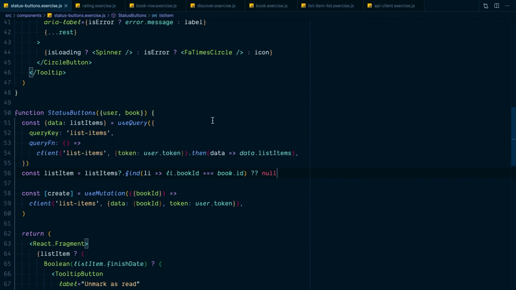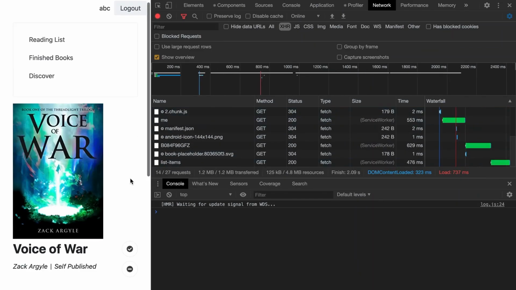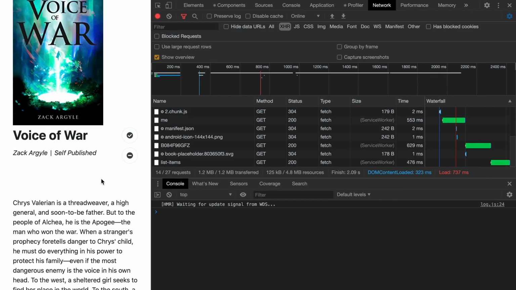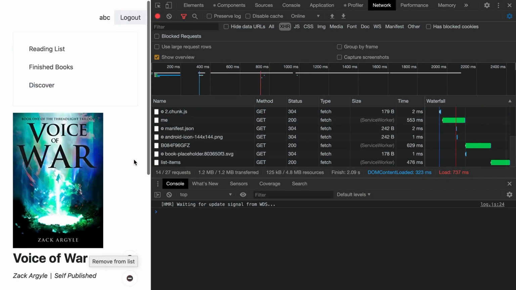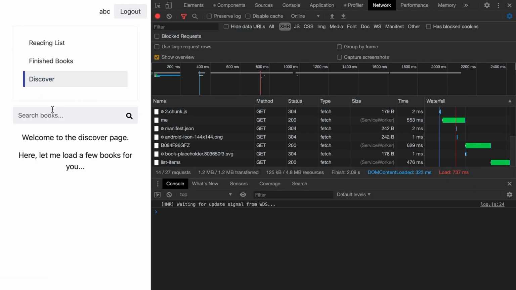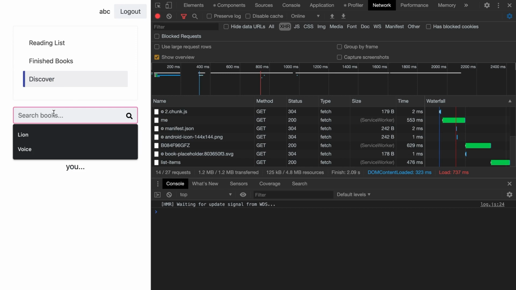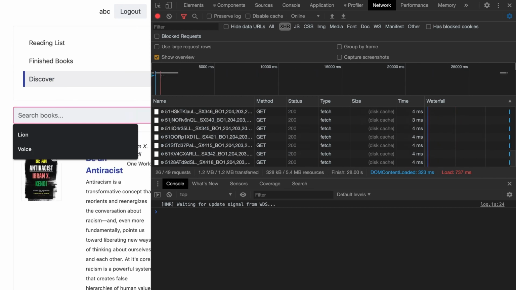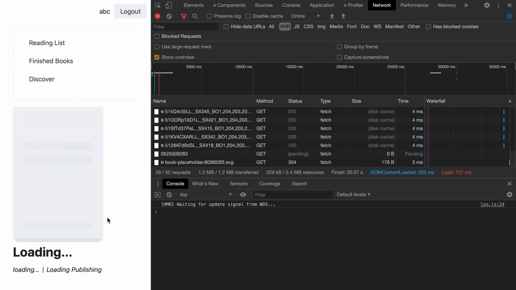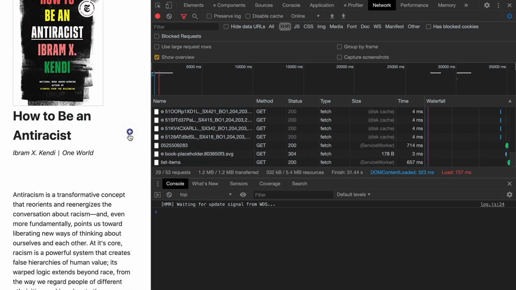Great, so let's save this. We'll come over here, and there it is, awesome. So because we've loaded that list item, we're now seeing mark as read and remove from list. Now, one other thing that I want to do here really quick is we're going to grab another book here, and I can just actually hit enter and it will search all of the books. We'll grab this book, and when I click on add to list, you'll notice that it's not updating,